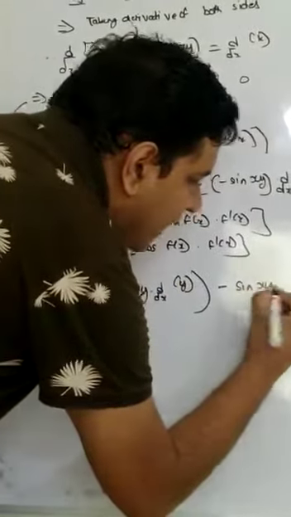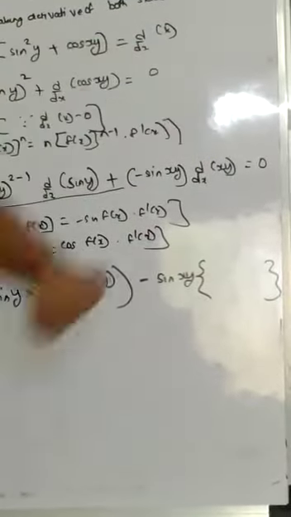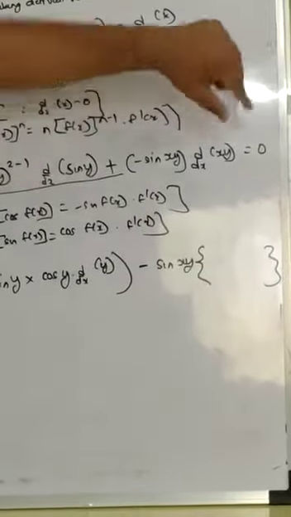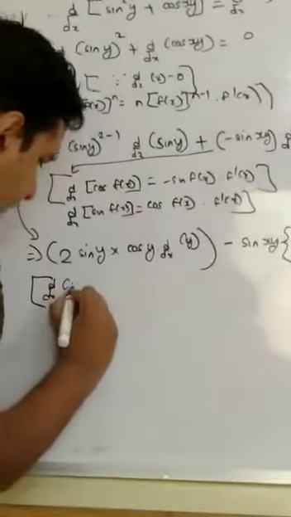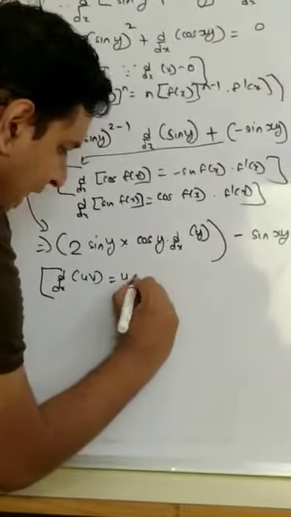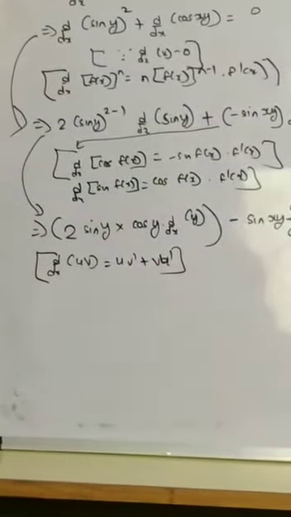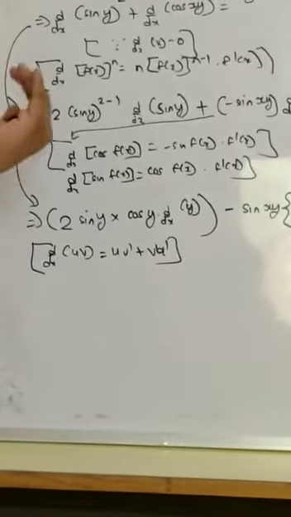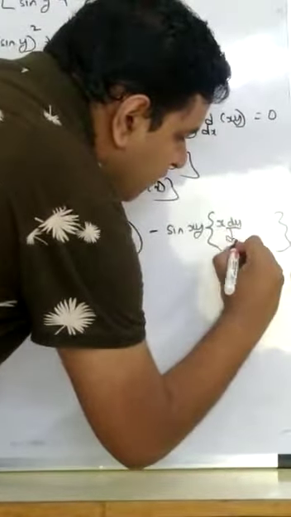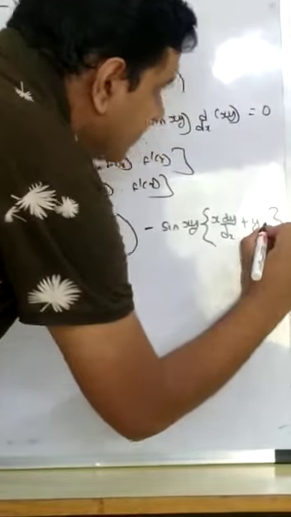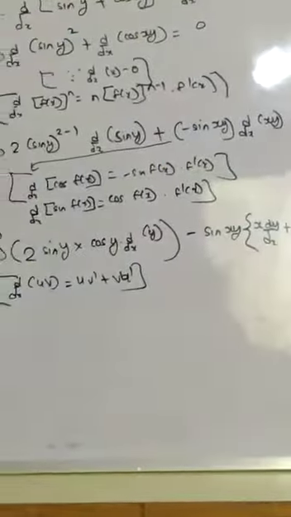sin xy into. Guys, y is obviously not a constant and I have x, so this is symptomatic of the multiplication rule. d/dx of uv, I get u v' plus v u'. As I very well know, v' stands for dv/dx, u' stands for du/dx. So this becomes